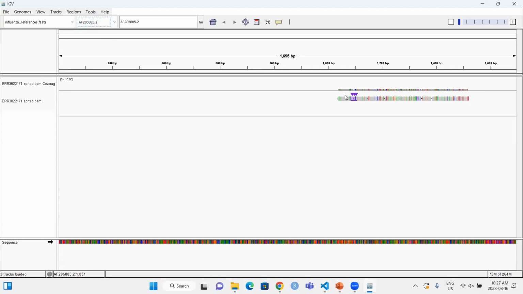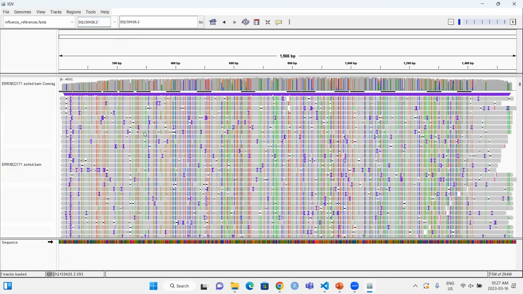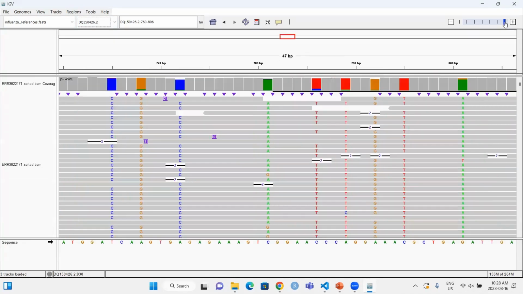If I go like this, there's barely anything here with this reference. But if I go to DQ, I have a giant amount of read coverage for this. So this sample is most likely this reference influenza virus. And if you want to take a look at it in detail, it's 2 KB. You can zoom in and out and see the ratio